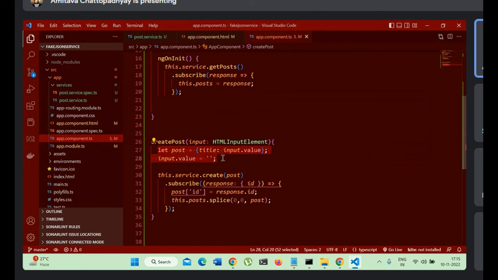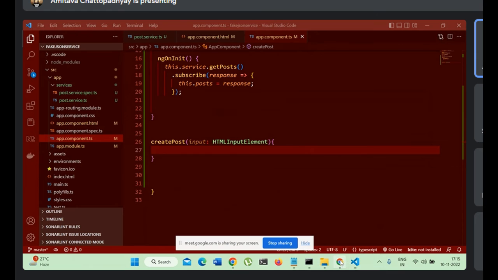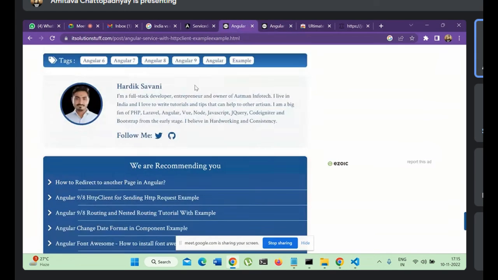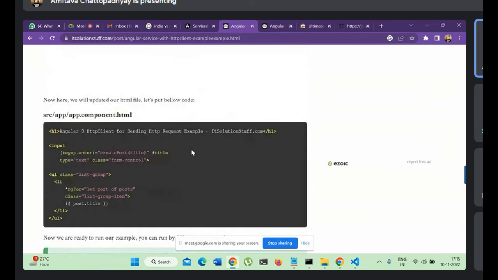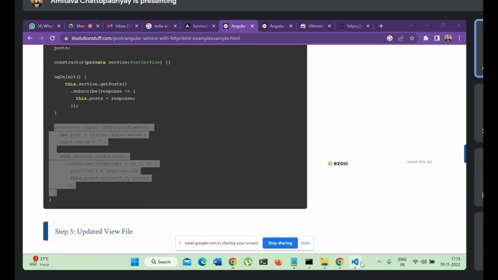Sometimes what happens, if you write this code by hand, it works. So what I'll do, because we are using the latest version of Angular, we should actually use this code only. We should not use the old code. So what I'll do, guys, I'll try to type them. In some areas, when you copy and paste this subscribe method, it doesn't work properly. I've seen it earlier also. So that is why what I will do,